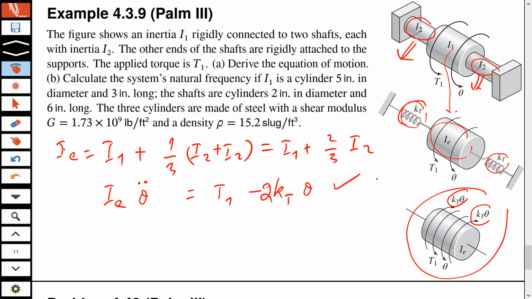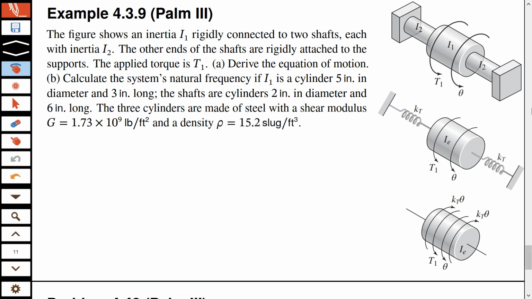Now in part B, you are supposed to calculate the natural frequency, and that is the tricky part. So let's clear everything now and follow the question carefully. I1 is a cylinder of 5 inch in diameter. So what is its diameter? 5 inch, and 3 inch long. So what is its length? 3 inch. So if I call this D and if I call this L,